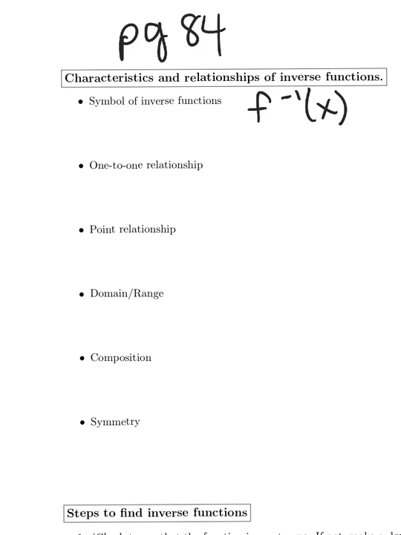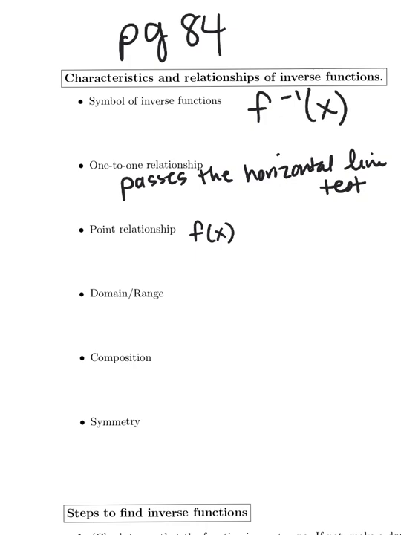The one-to-one relationship is that it passes the horizontal line test. The point relationship is that if you have the function f of x and the point x, y is on the graph, its inverse, you switch x and y, so it's y comma x, so the values trade places. The domain and range is the same thing. We switch domain